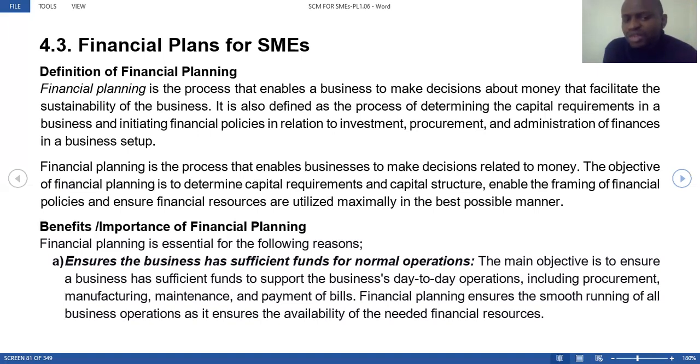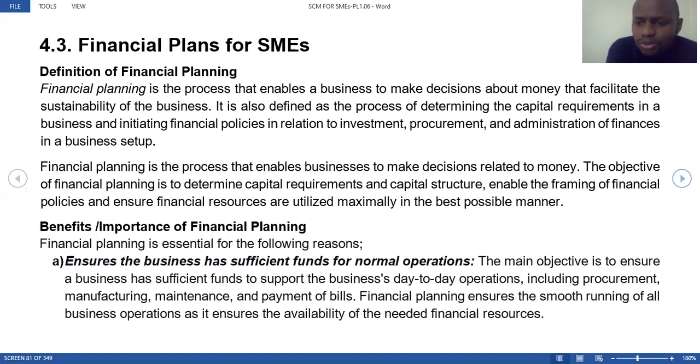So the objective of financial planning is to determine the capital requirement for the business and also the capital structure for that business. It enables the framing of financial policies and ensures financial resources are utilized maximally in the best possible manner. So you'll be able to utilize the financial resources, because if you don't do that, then you'll end up wasting a lot of money, and this might jeopardize the business